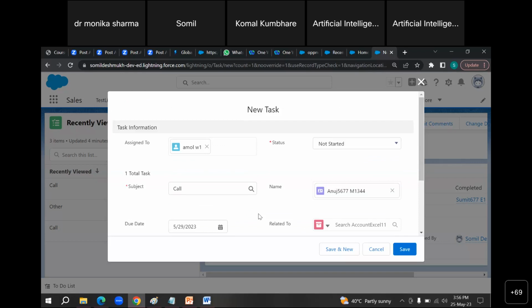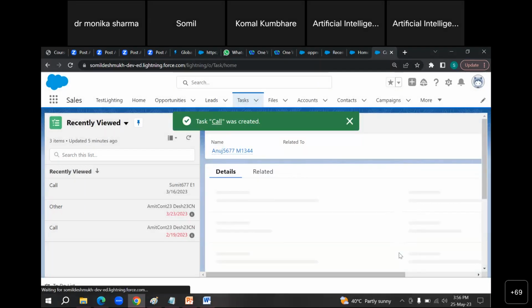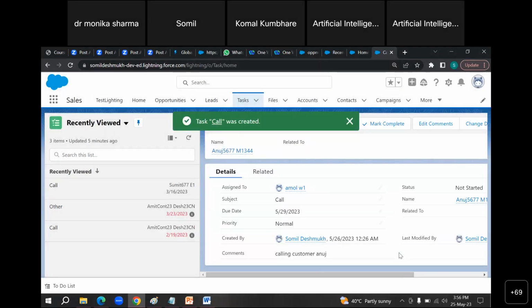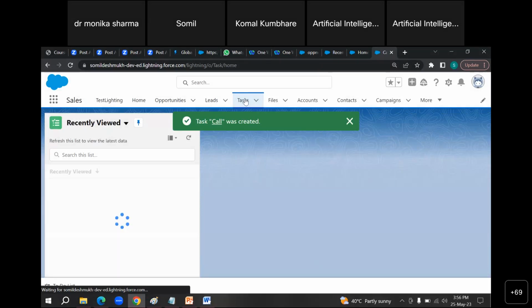Task assign कर सकते हो, with the help of task. So every day, how is that working done in CRM? People come. Before people come, a manager would assign them a task. So when I'm saving this thing, what will happen?